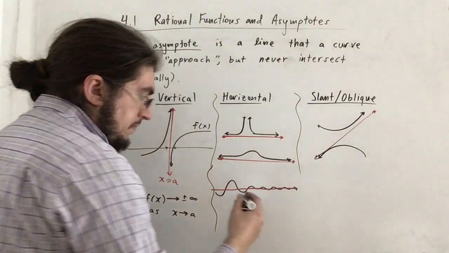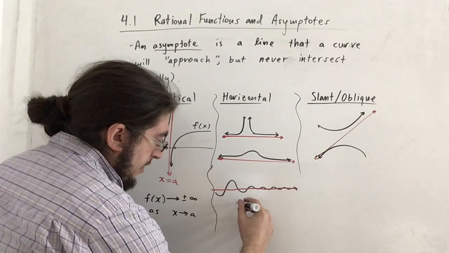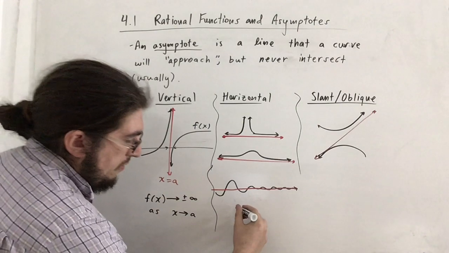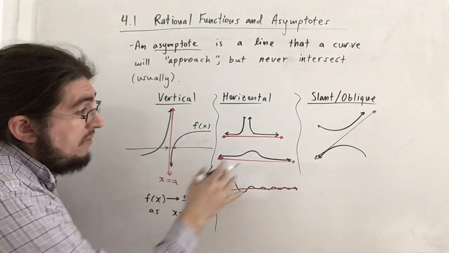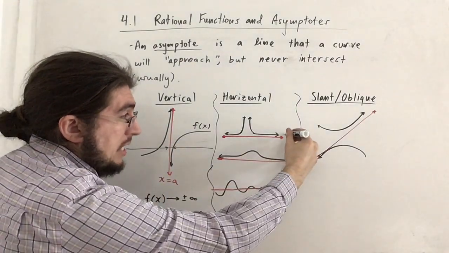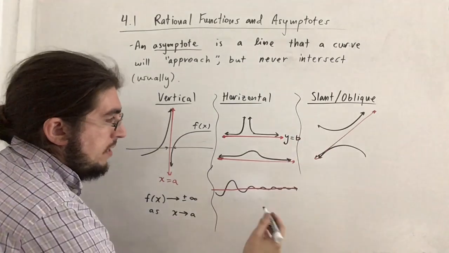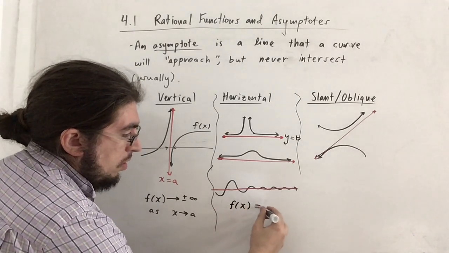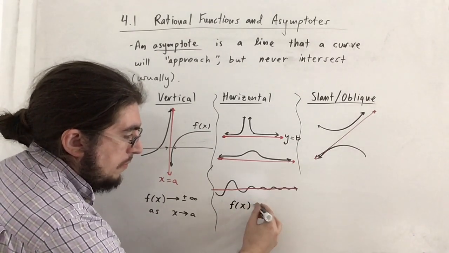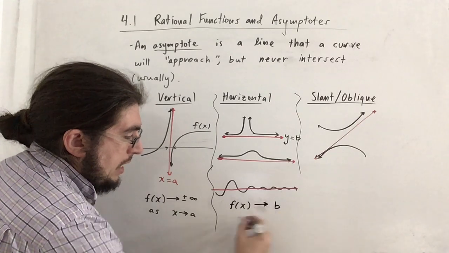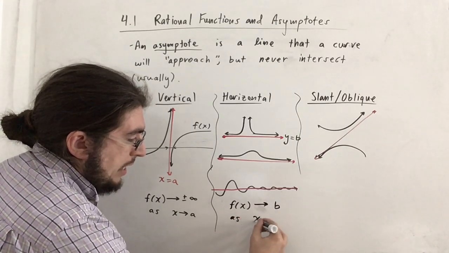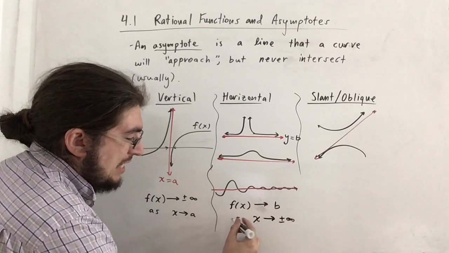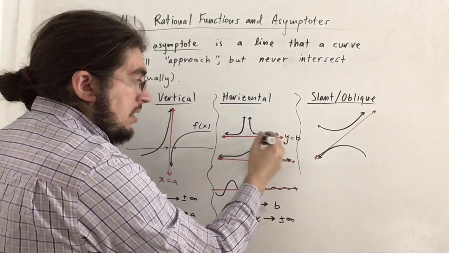So for horizontal, what will happen here is f of x will actually not approach infinity, but f of x, remember f of x is the y value. The y values will approach this line here. And let's say this line is y equals b. So what happens here is f of x will approach, not equals, but approach b as x approaches positive or negative infinity. So in other words, as x gets larger and larger and approaches the right,